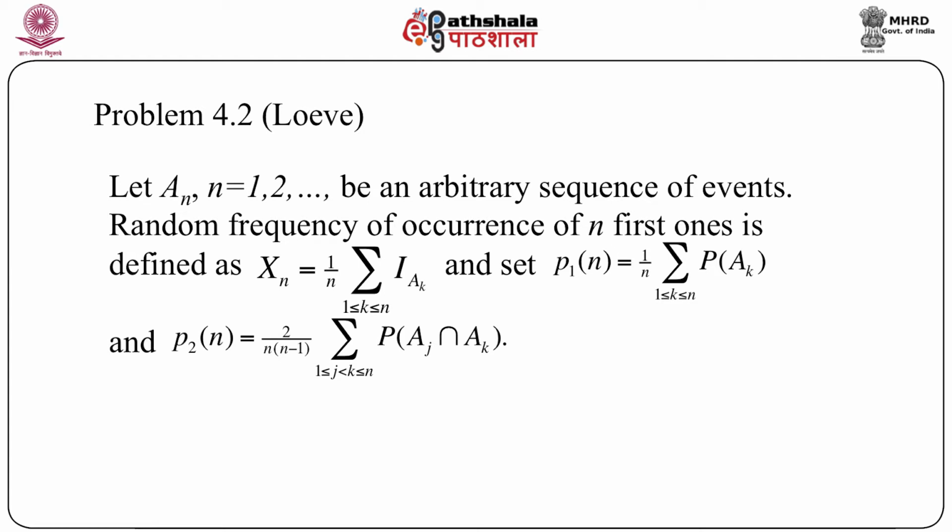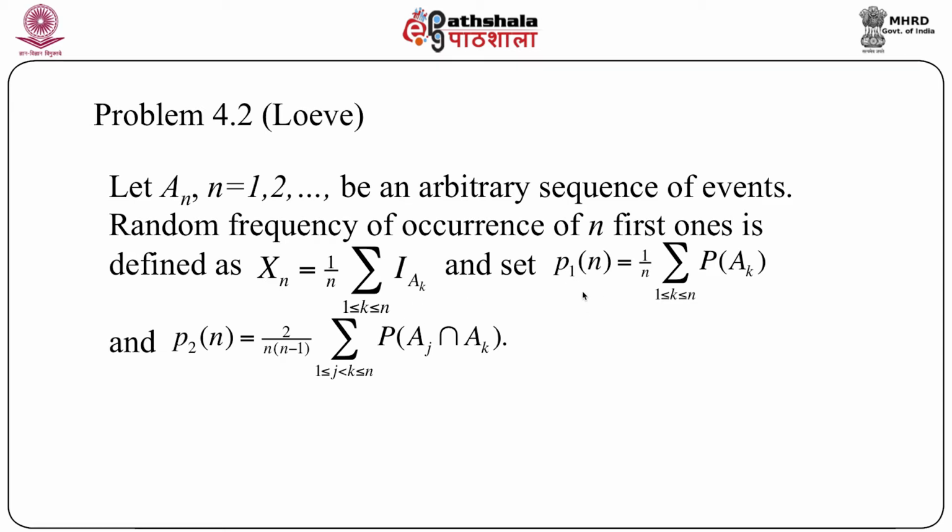So this is a kind of average, or we can think of it as a kind of proportion, and that reminds us that it probably has something to do with the Bernoulli variable, where p is the proportion, and we can easily write a Bernoulli variable or a binomial variable in terms of indicator functions. Anyway, given that we have defined Xn as 1 by n summation of I of Ak, k over 1 to n,